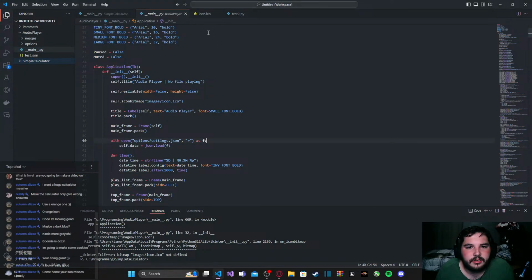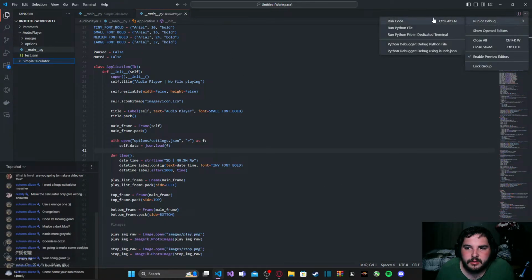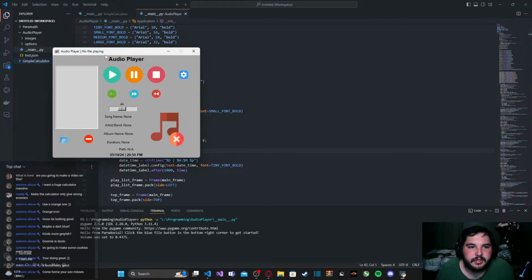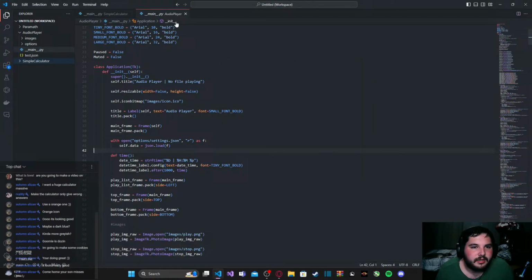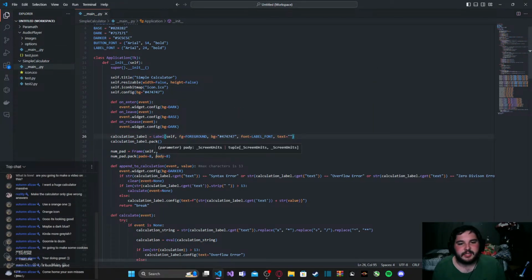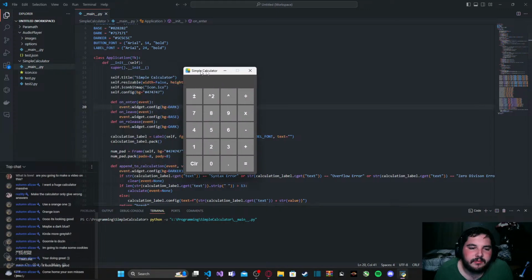Yeah, I made my own little icon there. That was pretty neat. You can do it in paint.net. I just want to show you guys it's pretty easy. Just save it as a PNG file and then convert it to ICO. But the first thing I want to do is